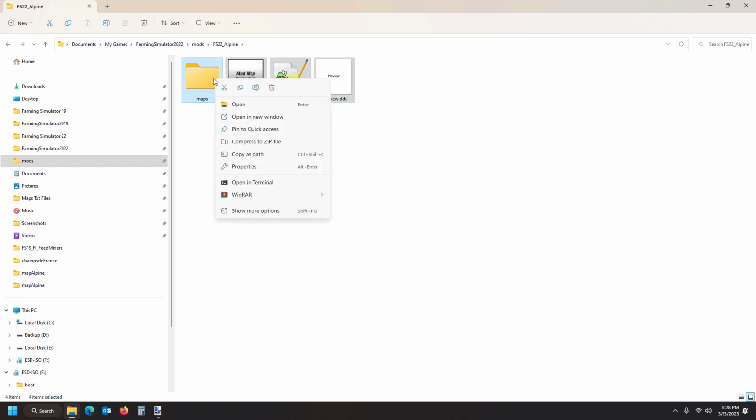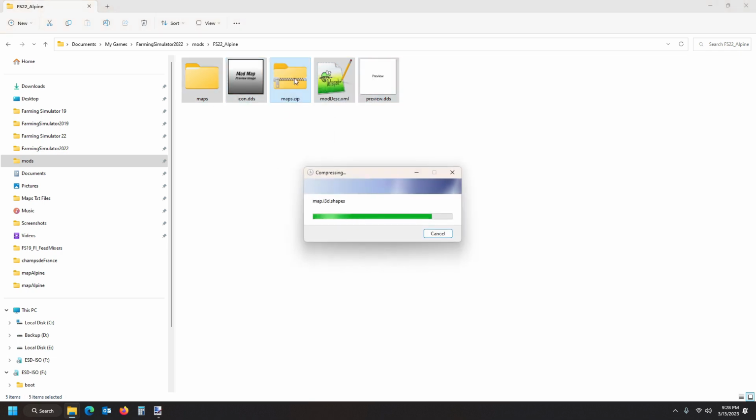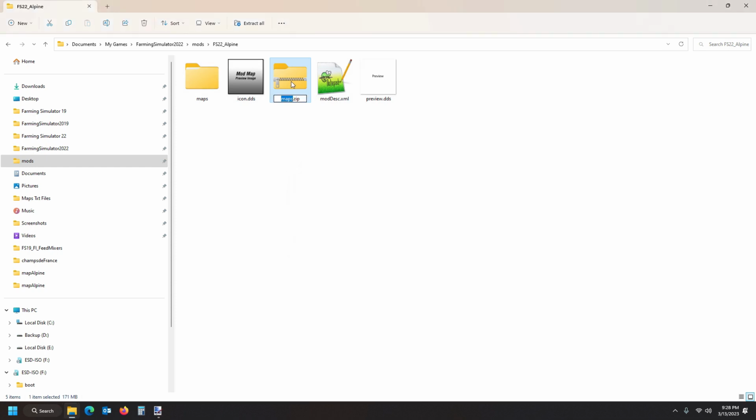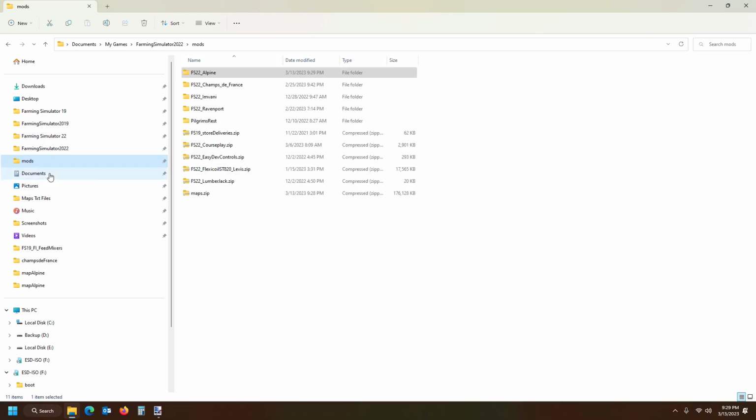Right click on one of them and then zip, compress to zip. You see, now what's going to happen is the following. It's going to create you a zip file here in the map, but just wait for it to finish. And all we do now is rename this zip file to your map folder or your map name and move it into your mods. You see, so now I have maps.zip there, and I can rename it to